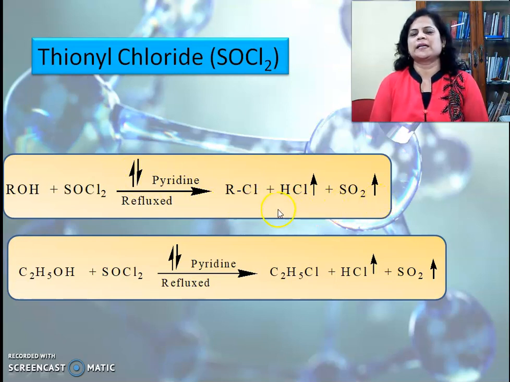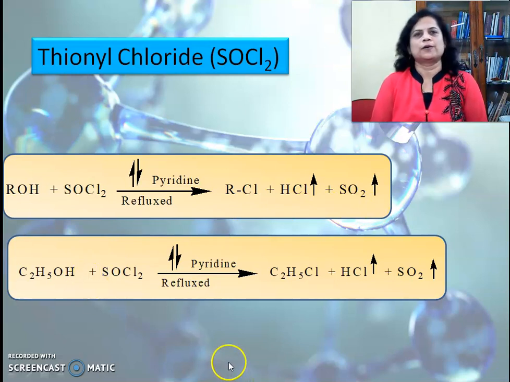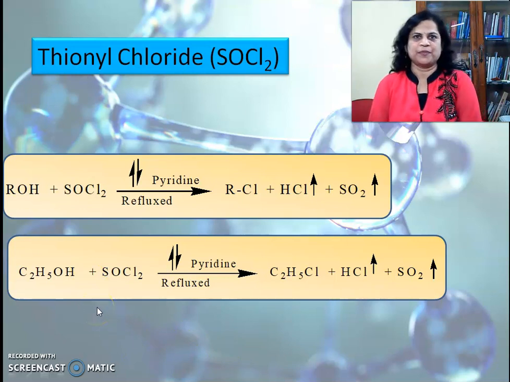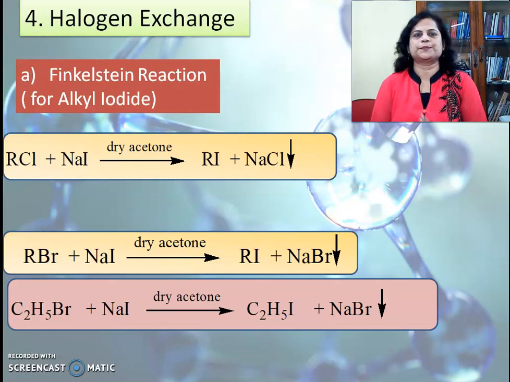Now see, that method is very important, and the product alkyl chloride you get here is in pure form, as there is very easy removal of SO2 and HCl in the form of gases. So that method is mainly used for the preparation of alkyl chlorides. Now what we completed here: methods for the preparation of alkyl chloride mainly by using alcohols, that is by using HX, by using phosphorus halides and by using SOCl2.